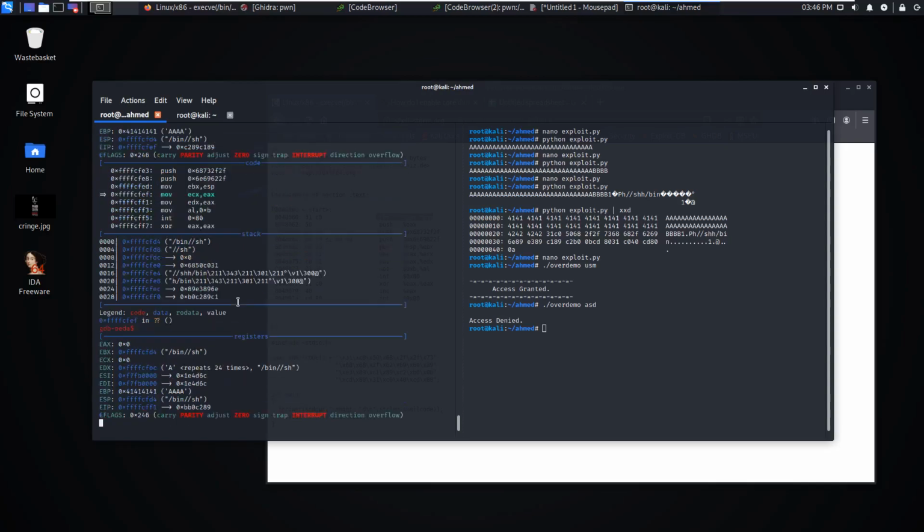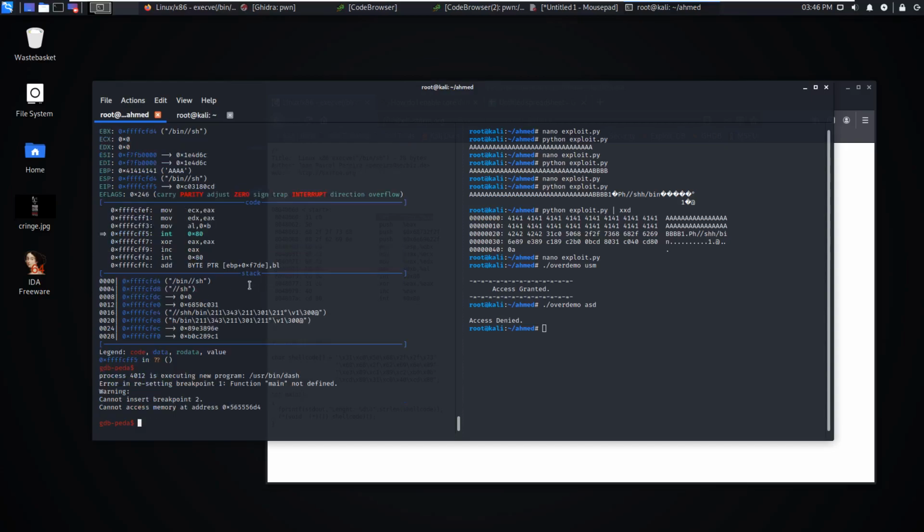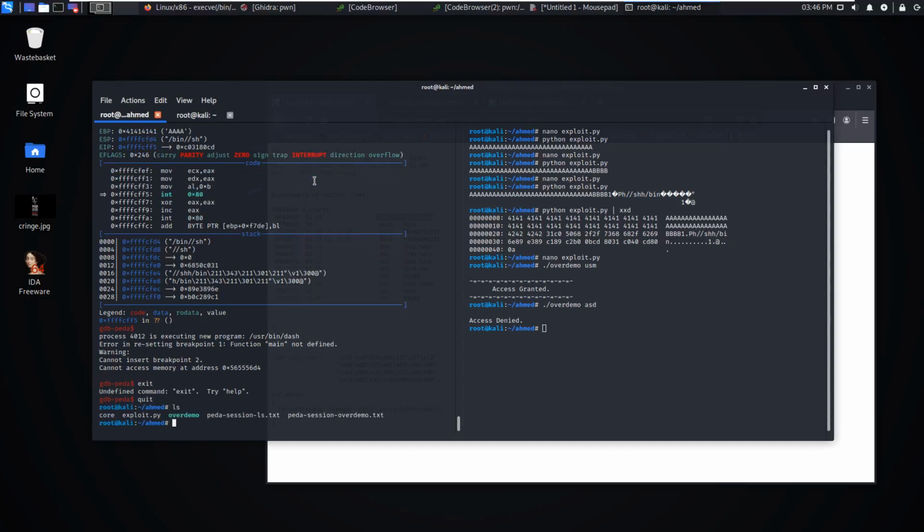It's executing all the instructions as we expect, and then it gets to int 0x80, and it executes the program. So that's how it steps through the parent function and then returns into our shellcode. That works inside GDB, but if we exit now and we try that with the actual binary,